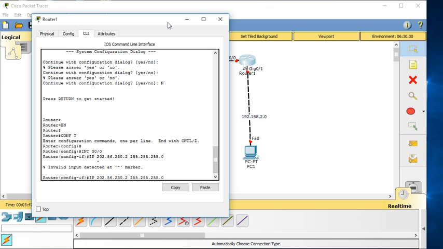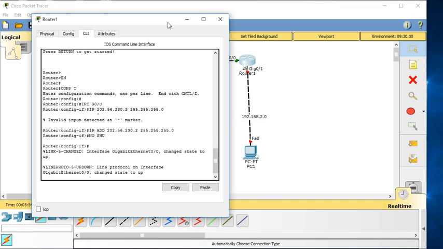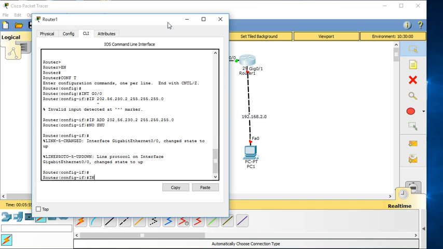There is no requirement for ip nat inside on this port, because we use it only on one router.